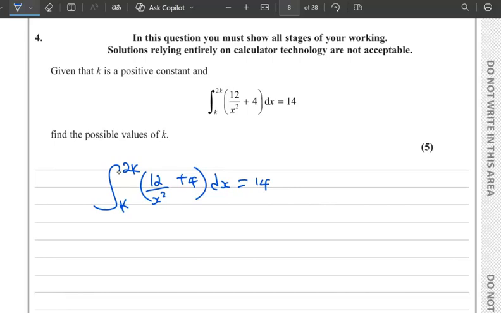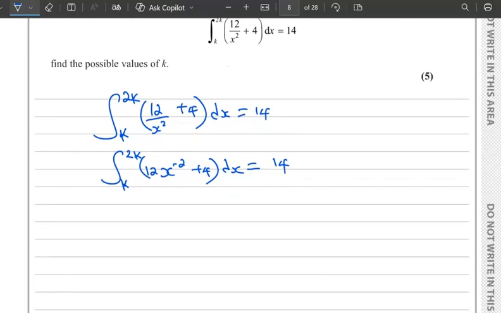This can also be written as the integral from k to 2k of 12x to the power negative 2 plus 4 with respect to x equals 14. Now we can integrate this. Of course, when integrating, we just increase the power by 1 and divide by the new power. So that means we'll have